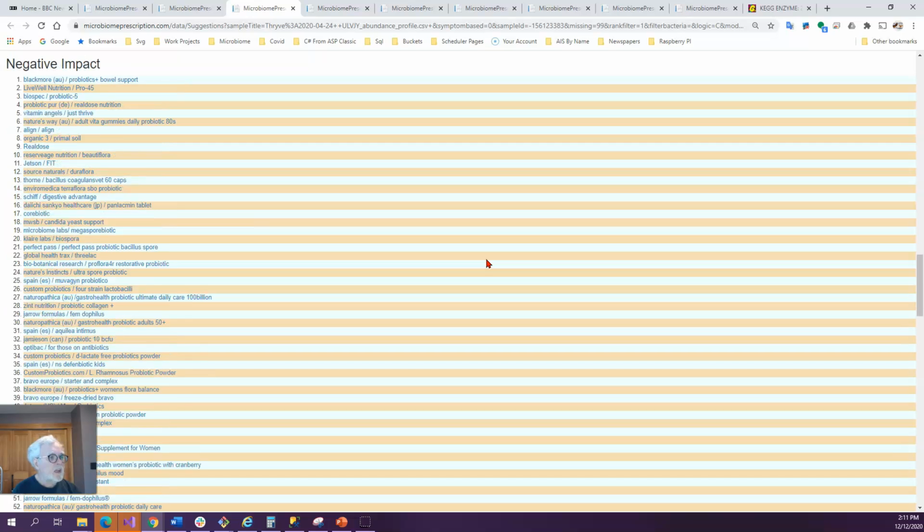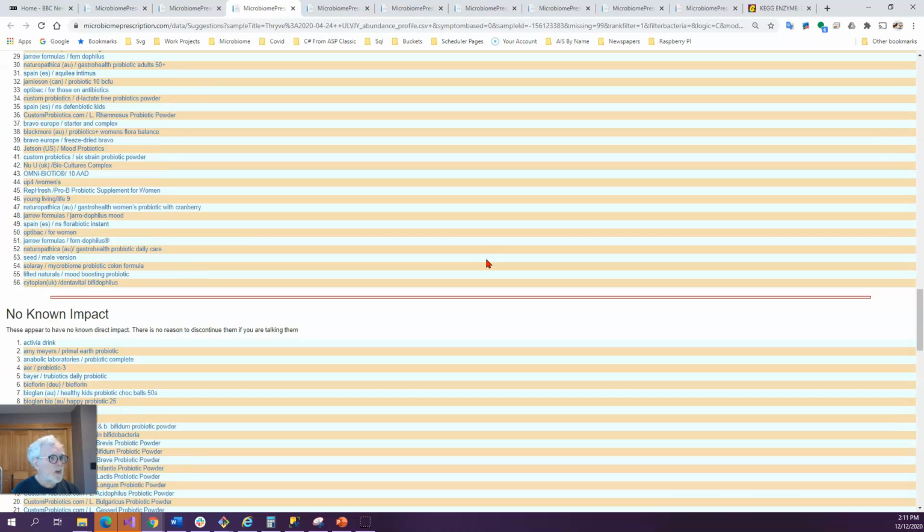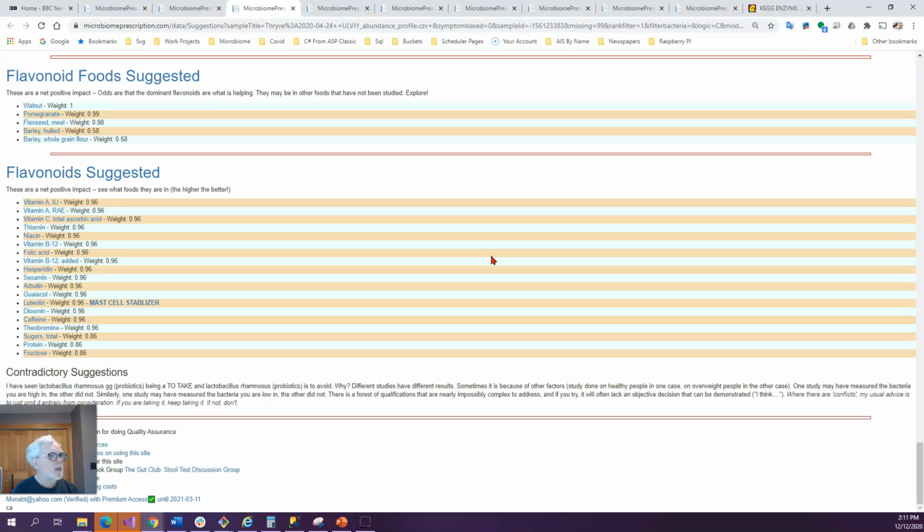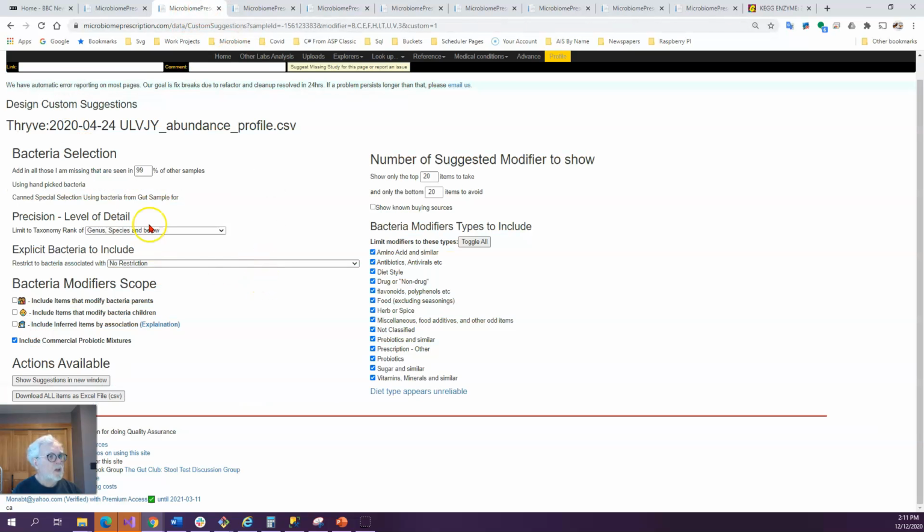Then we have negative impact, which is actually a very long list. These are things which will definitely push things in the wrong direction. And then we have the list of things with no impact. We now have types of food and vitamins and favorite oils which are suggested to compensate for the changes. So that all comes out of the